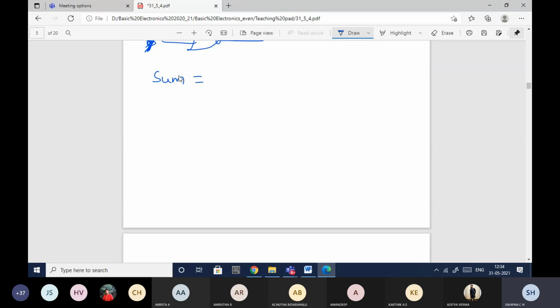So I'll take the sum and carry equation. Sum equation is A bar B plus AB bar. If you observe, I have plus here, but I don't have a whole bar, and here I have AND operation. AND operation should not be there. You should have only the OR operation, and whole bar should also be there. Since it is not in that way, I'll take double complement. When I take double complement, I will just use the second complement and I'll expand it.